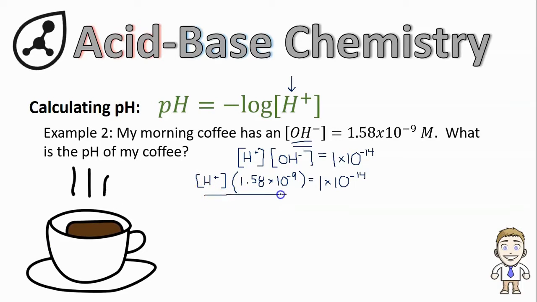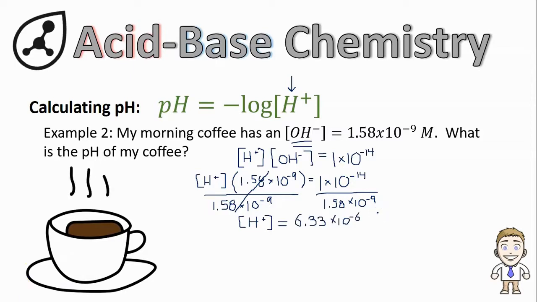To simplify it and get H+ by itself on one side of the equation, I have to divide both sides by the 1.58 times 10 to the minus 9. When I do that, it cancels off the 1.58 times 10 to the minus 9 on the left-hand side of the equation and leaves me with the value that I'm interested in calculating, the H+ concentration, equal to this set of numbers over here. I just have to plug them in and divide. And if you do that correctly, you should get an H+ concentration of 6.33 times 10 to the minus 6